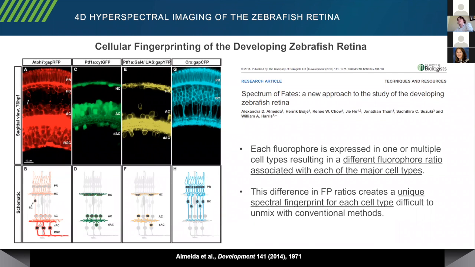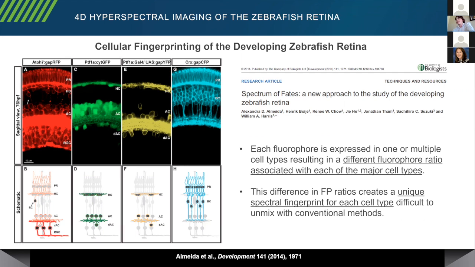Okay, to further investigate how the method works in a complex biological sample, we turn to the zebrafish model, which is a very popular model to study developmental processes. And we were looking at the zebrafish retina. Here the idea is we have different genes expressed with target fluorophores, RFP, GFP, YFP, and CFP. And these are expressed in one or multiple cells at different levels, depending on what the cell differentiates into